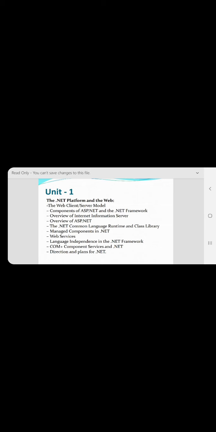Next, the overview of ASP.NET. We can develop VB.NET, ASP.NET, C#.NET applications. Here, our subject concentrates mainly on ASP.NET. Next, our common language runtime and class library.